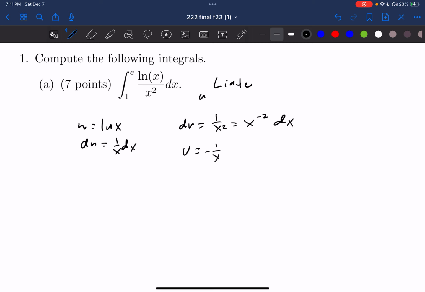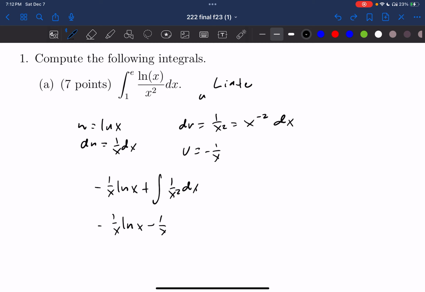So applying the integration by parts formula, we're going to get negative 1 over x ln x minus integral. Actually, this will be a plus integral because this is negative. Integral of 1 over x squared dx. So it'll be negative 1 over x ln x plus integral of that, which is going to be negative 1 over x, plus c,